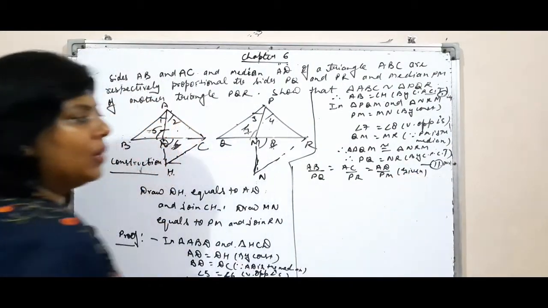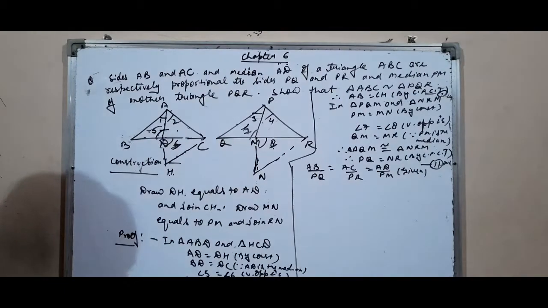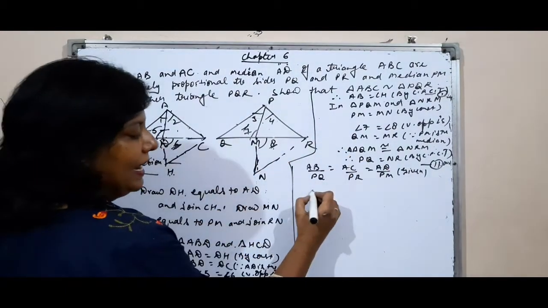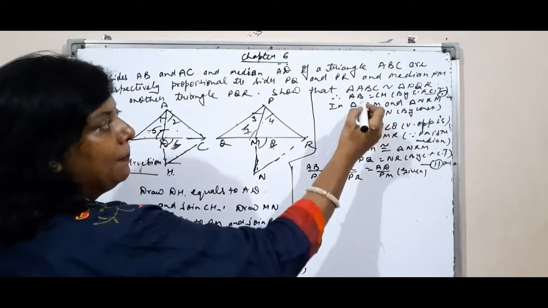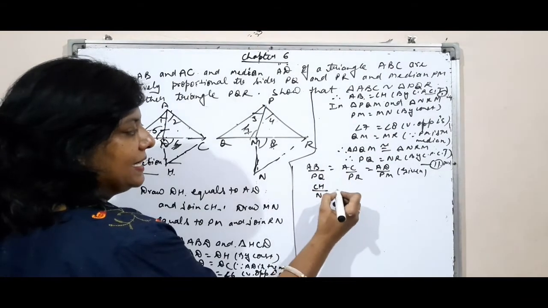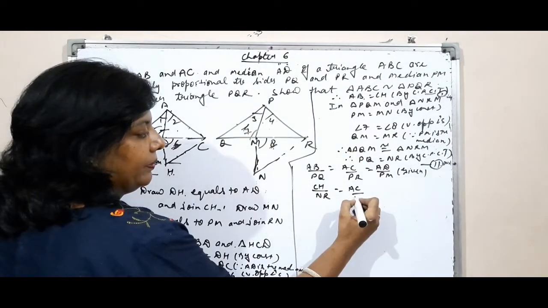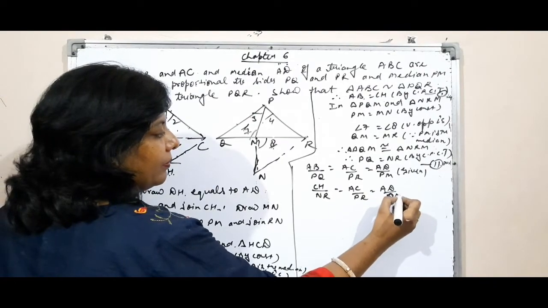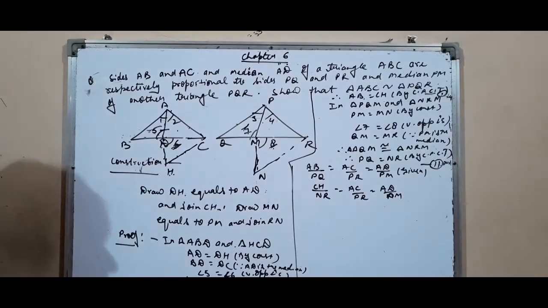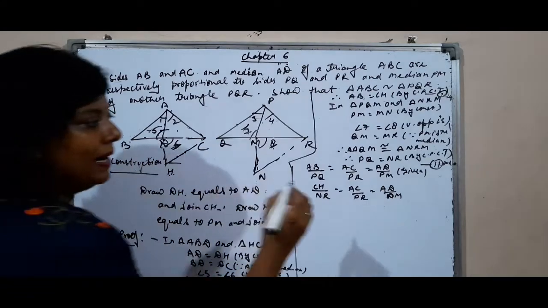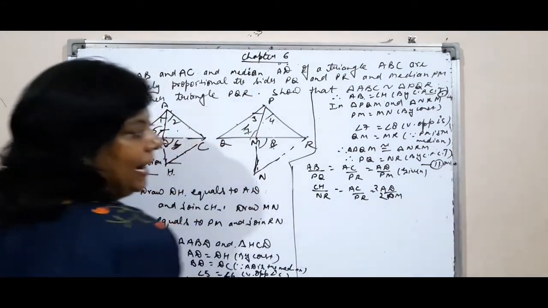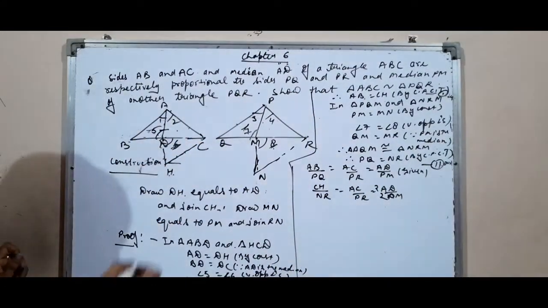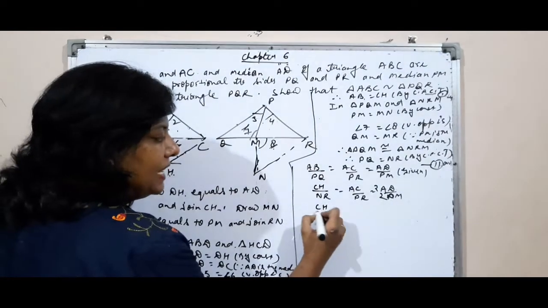So in place of PQ, we can write NR, and in place of AB, we can write CH. AD upon PM. Can we multiply AD by 2 and PM by 2? It will be CH upon,